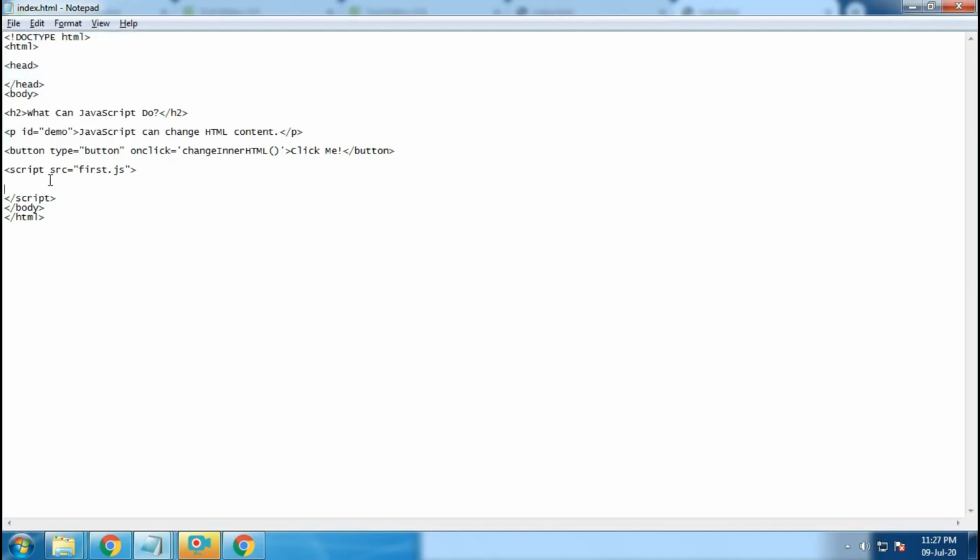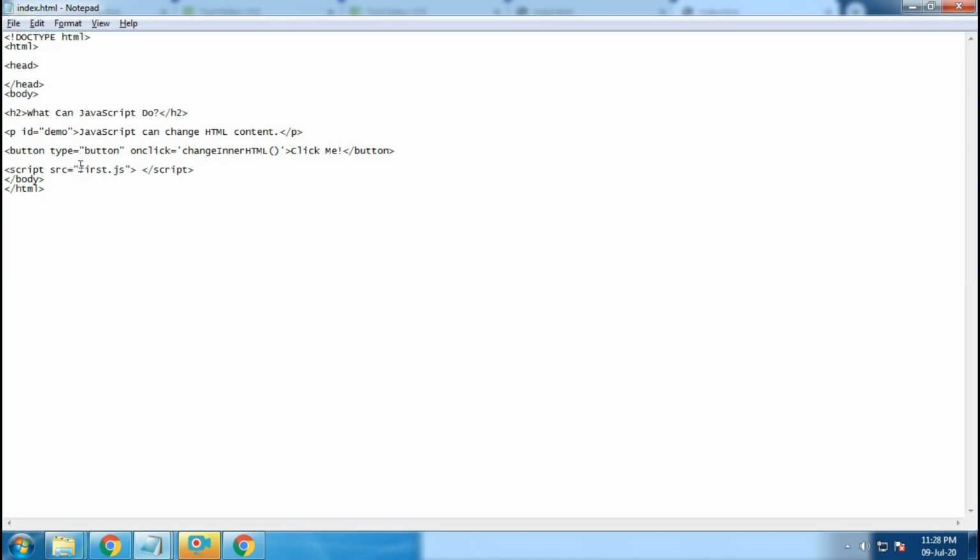Now we are not writing anything here in between, right? But still, what we are doing is referencing one script or JS file here using the src attribute. So what the browser is going to do is go through this HTML page, and when it finds the script tag and this source attribute, it will look for first.js.